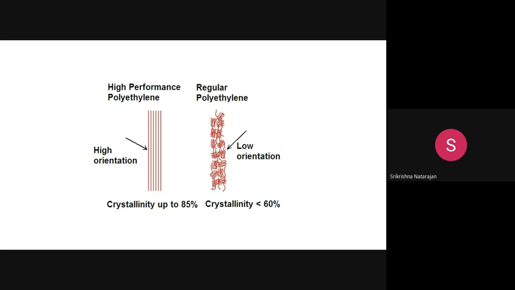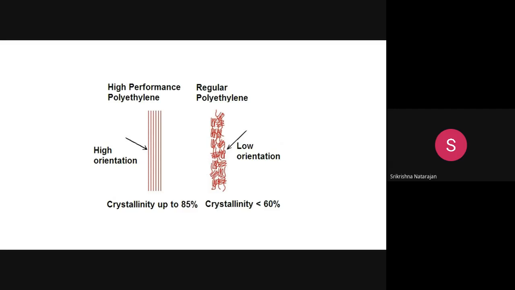Okay, so you see for certain fibers, polyethylene has many types, like low density, high density, linear low density, ultra high molecular weight. Many polyethylenes are there. You can see for whichever polyethylene the strength is very high, it is because of the orientation. You can see how the polymer chains are oriented. Here you can see there are some folds and there is a break, and there are some folds, there is a break, some defects are there. So it is difficult to orient it. That is why the oriented structures have the high crystallinity also, and good strength.